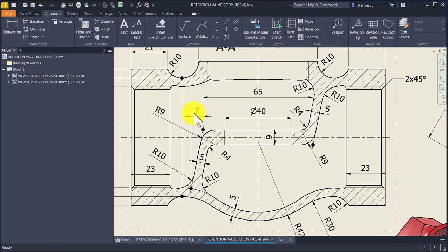You see there is a dimension from this point at the intersection of this arc and the line, and a dimension of 65 between this point and a similar point on the right, radius 9, radius 4, and